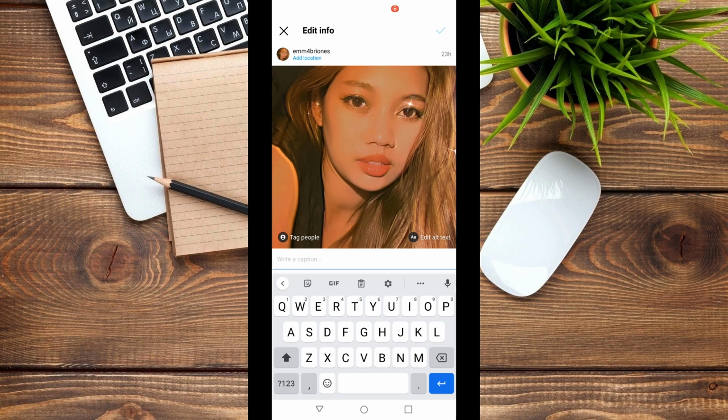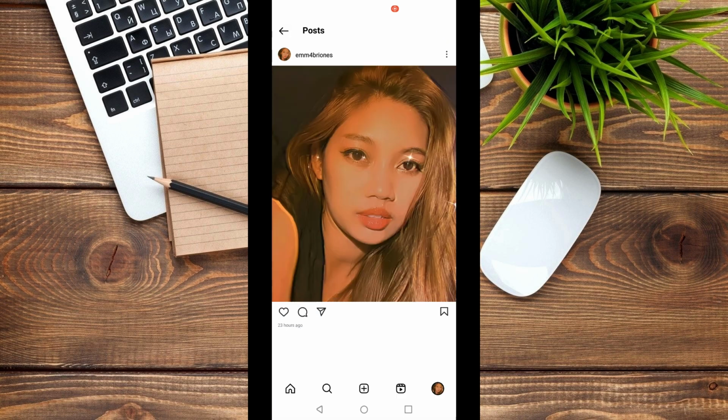So there are two main reasons. First reason is maybe in my country it's not available. Second, I need to update my Instagram account. But in my case, I'm going to show you how to resolve that one, since we do not have that here in my end. If you do not have the option add paid partnership label, all you need to